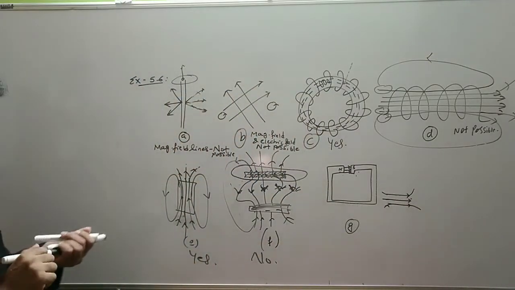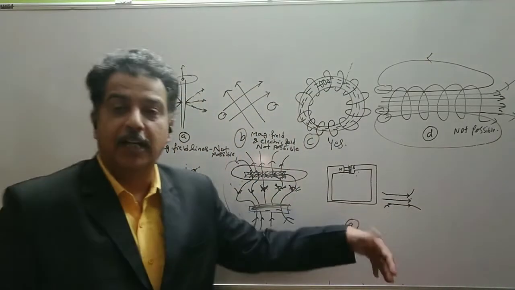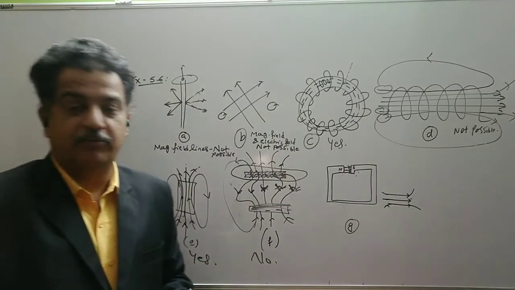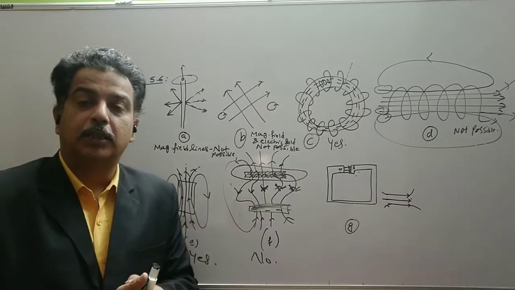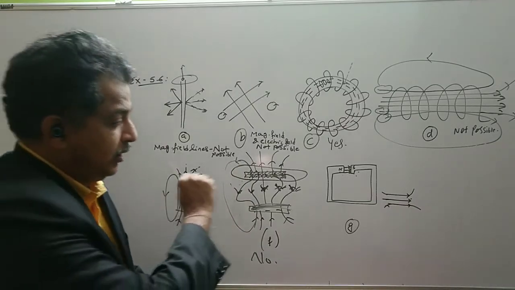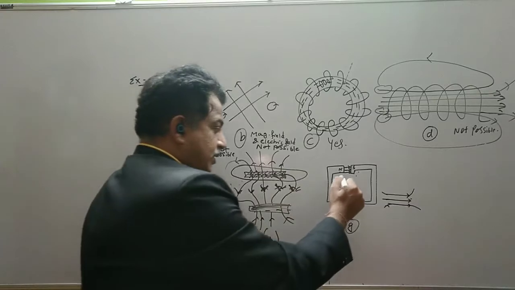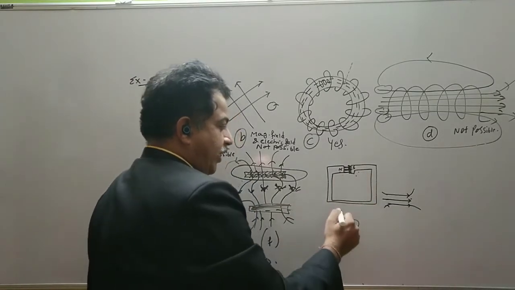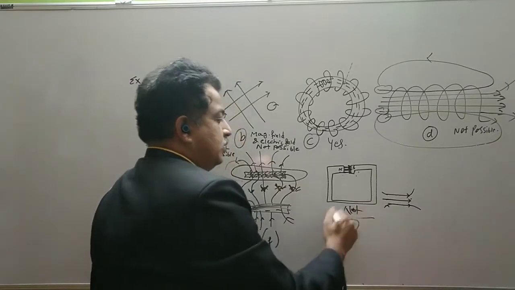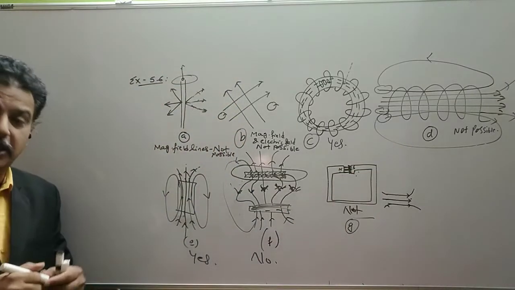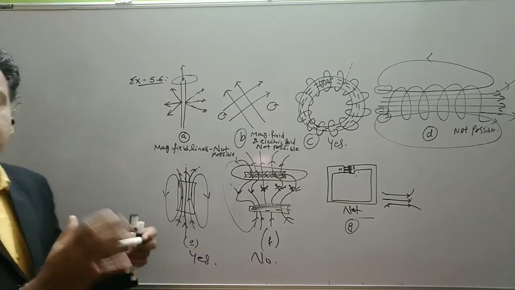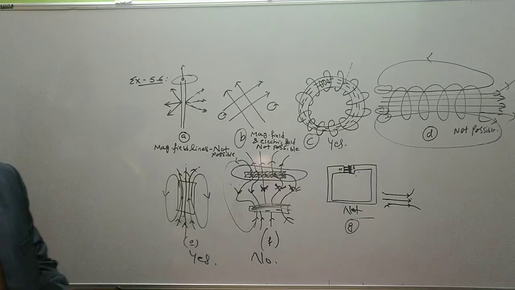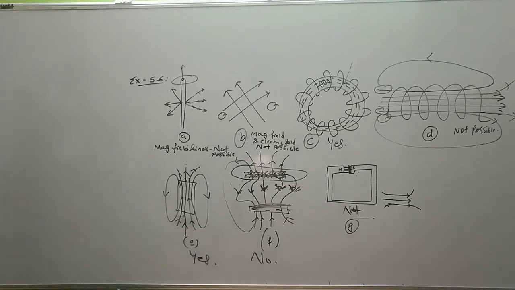The fringing of the magnetic field lines does take place. Fringe means a slight bending; it is not straight. So even if it seems that this is a correct representation of magnetic field lines, it is not possible, because the field lines cannot be completely confined and it is not a straight line. The fringing or the bending of the field lines does take place.